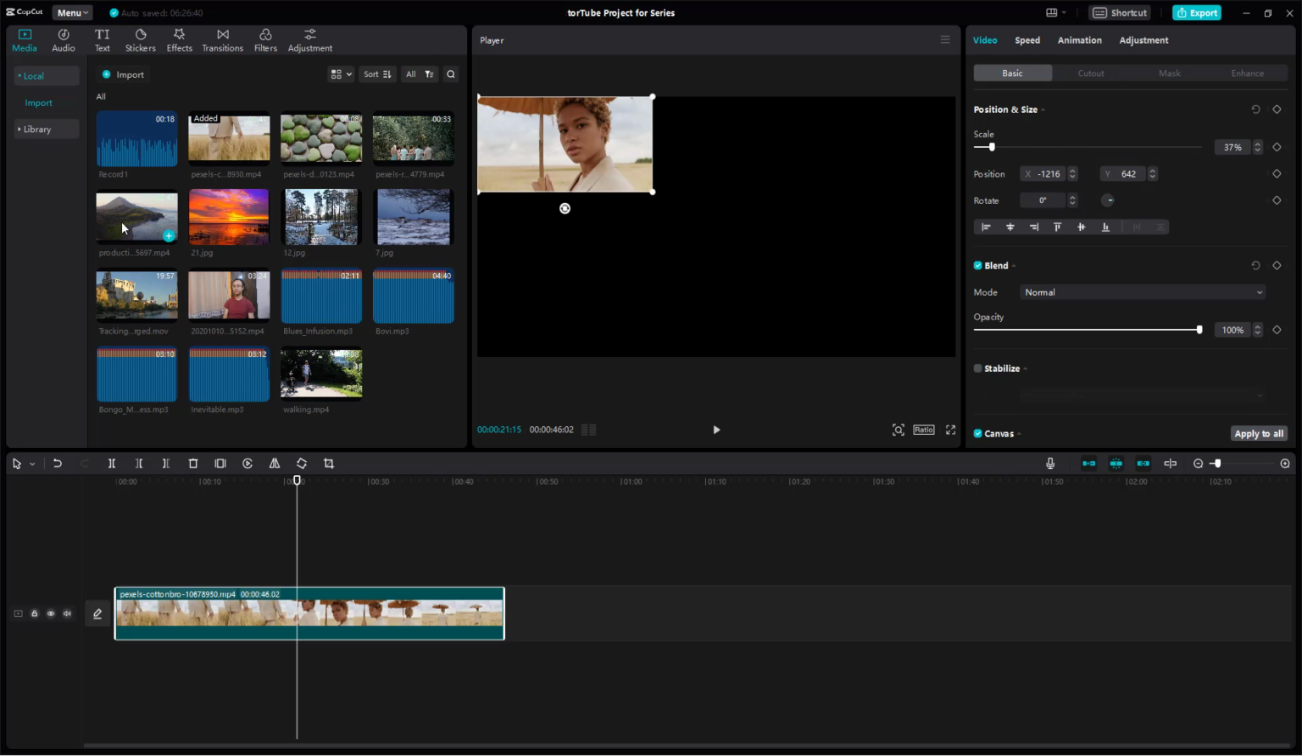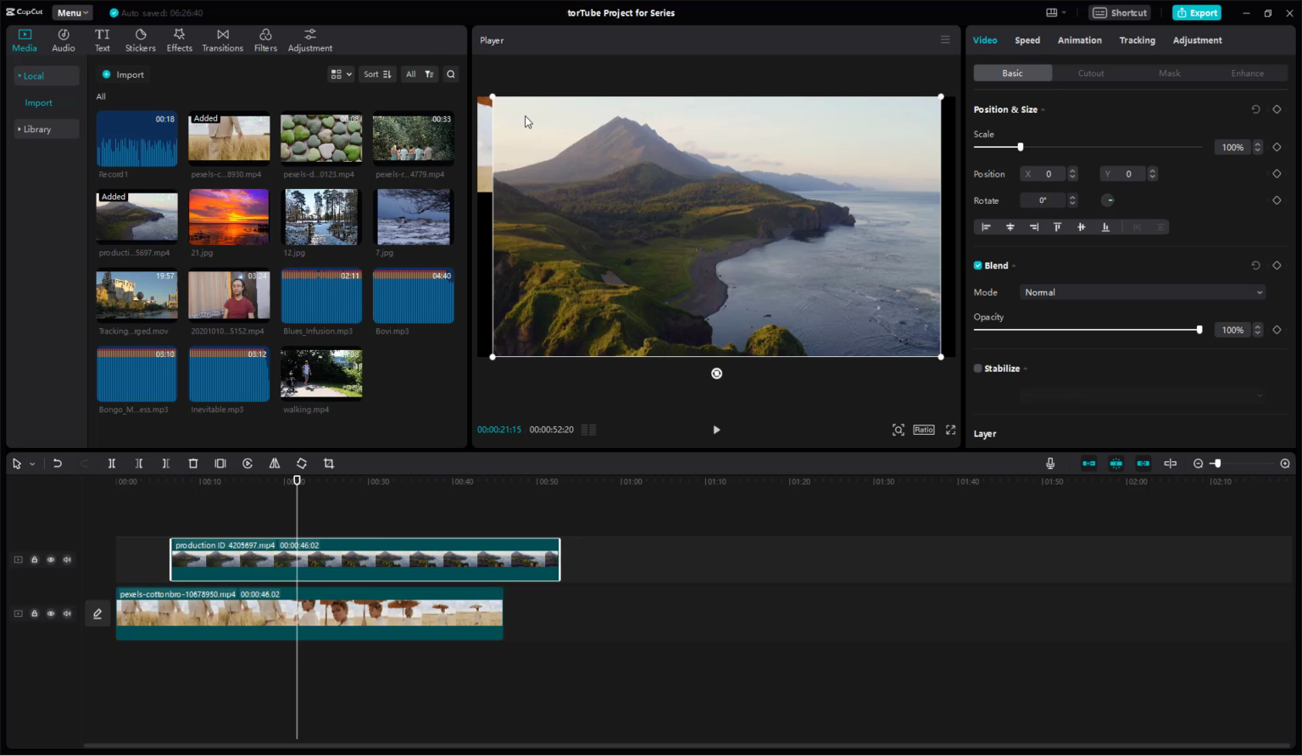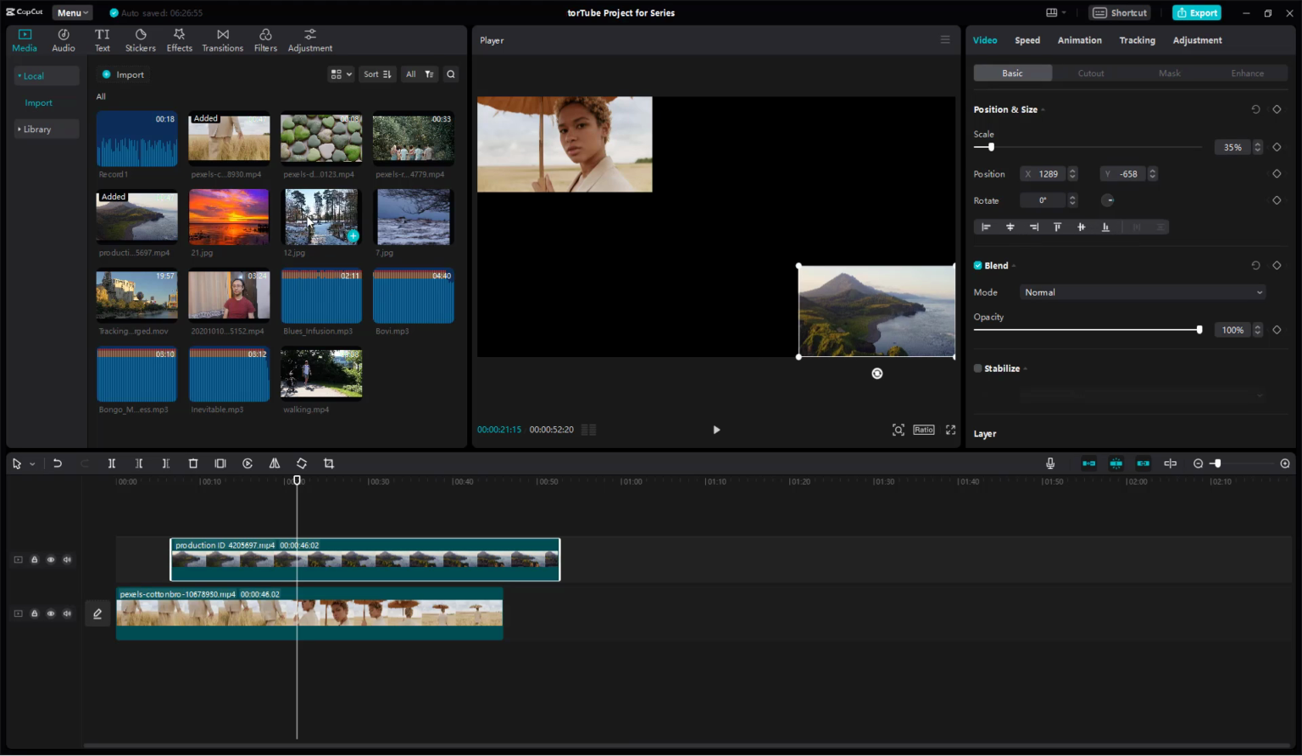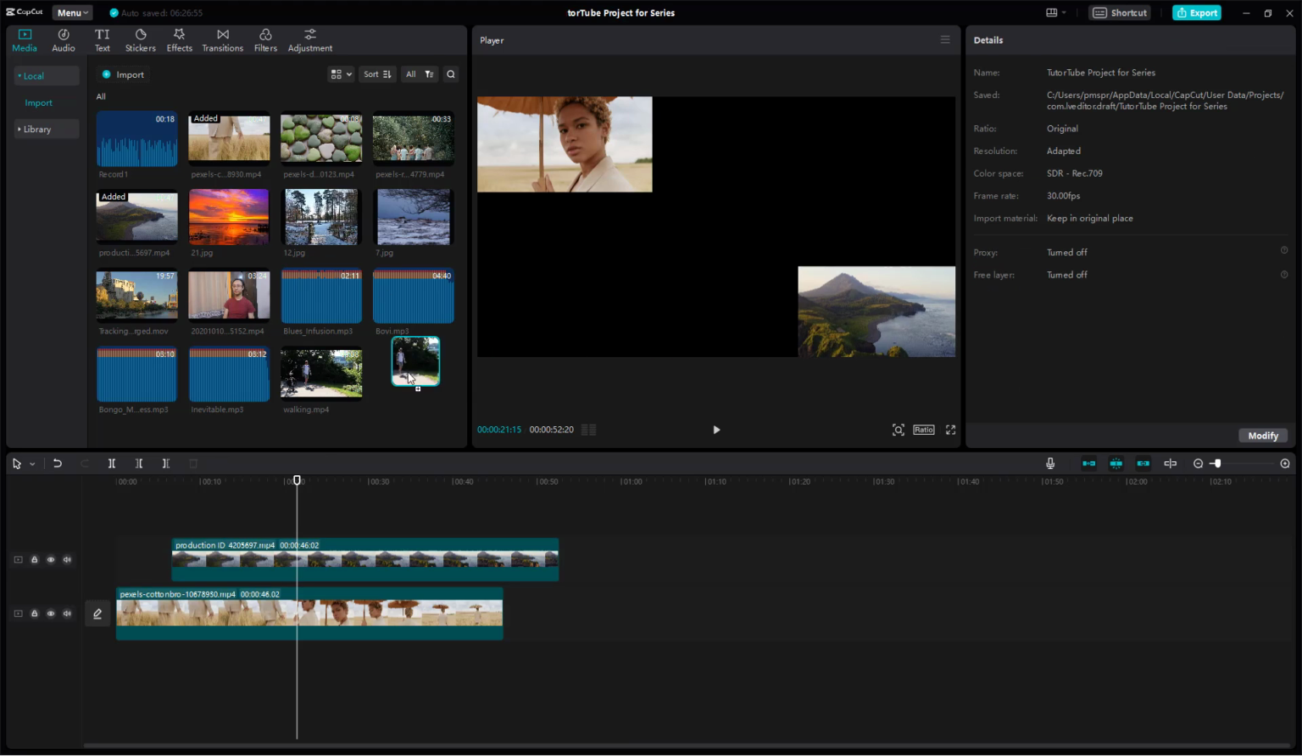Let's say, for example, you have this video clip and you have another video clip right here, and you want to align it to the bottom right hand side exactly, then you can say bottom right hand side right here. Similarly, you can select, let's say this one, this video clip right here,